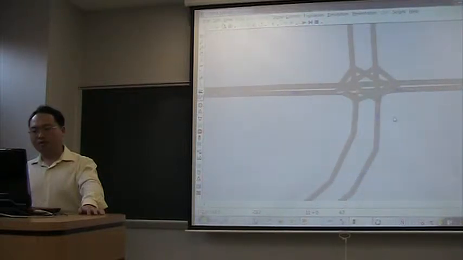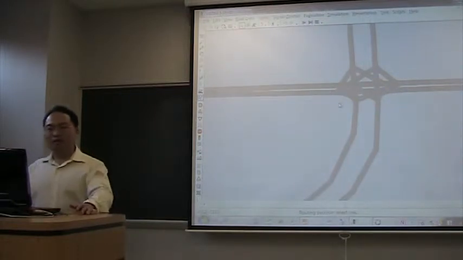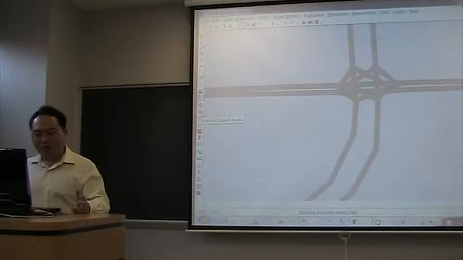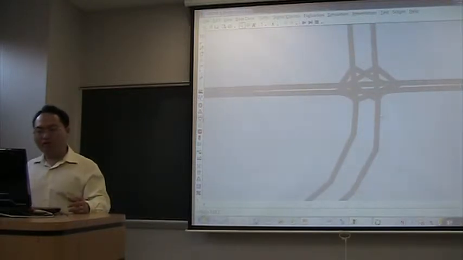They are just gliding on each other. Now I want to set a priority rule. Okay, so I click this priority rules button and use the left button to select this link, and I create a